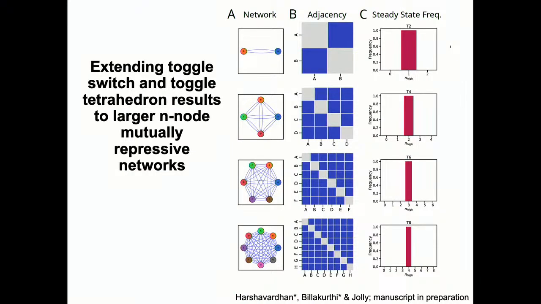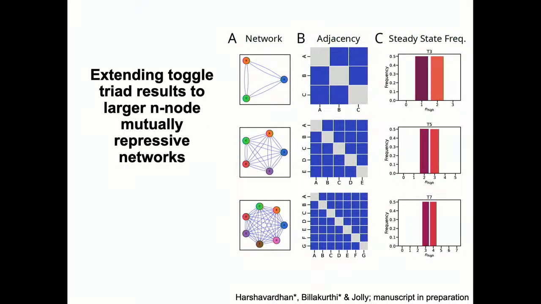The last question we asked was, let's look at 6 node, 8 node networks. What happens there? For 6 node networks, the most frequent ones are triple positive. So it follows the pattern. Toggle switch, most frequent is single positive. Tetrahedron, most frequent is double positive. Whatever this is called, most frequent is triple positive. 8 of them, most frequent is 4 positives. So if a cell has to choose from here, and I'm not saying this structure exists, but if such a network exists, it will have to cut down from 8 to 4, 4 to 2, 2 to 1.